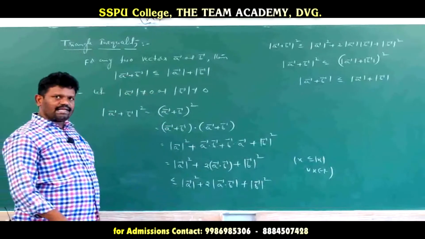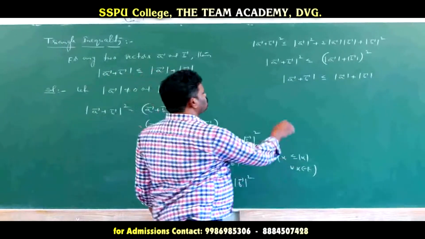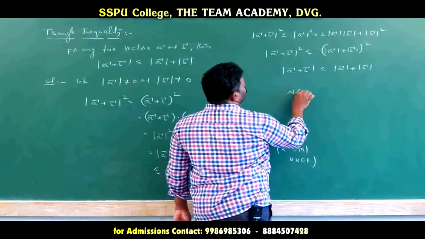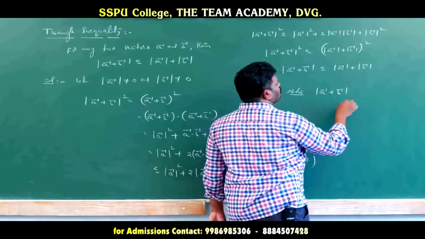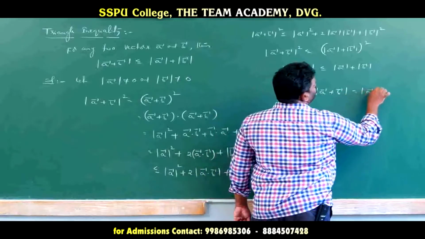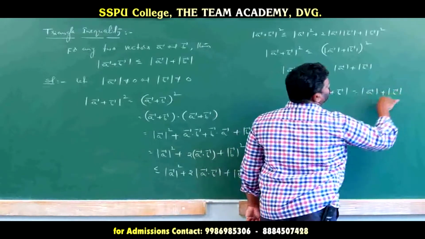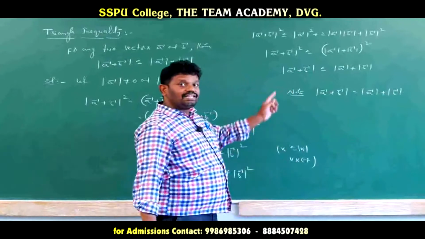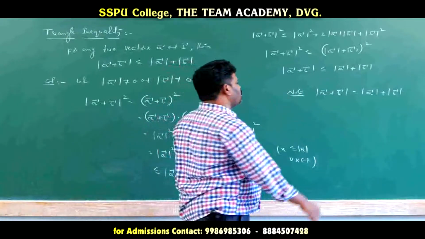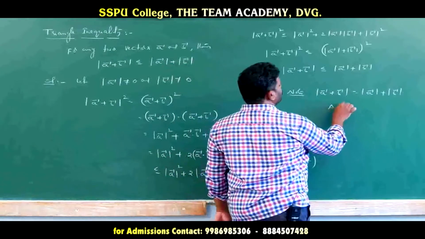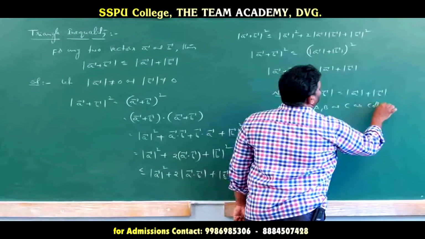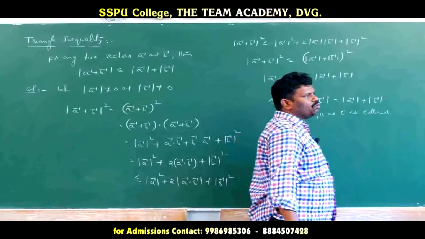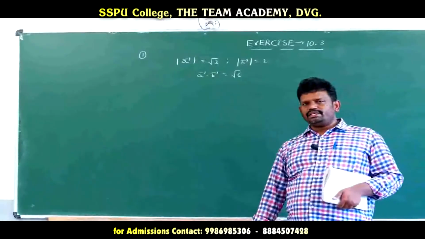So in that triangle inequality, in case these two are equal, what does it mean? Magnitude of a vector plus b vector is equal to magnitude of a vector plus magnitude of b vector, then the given 3 points, A, B and C, are collinear points. These 3 points are which type of points? Collinear points. Okay? Right, Sima.